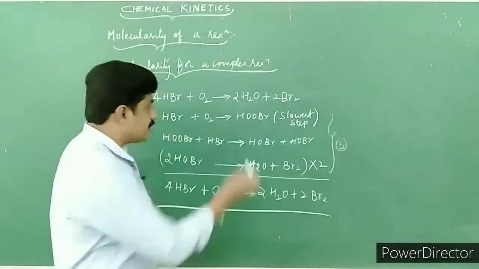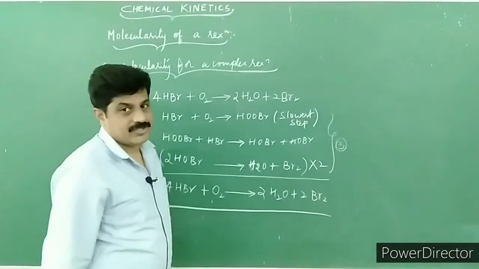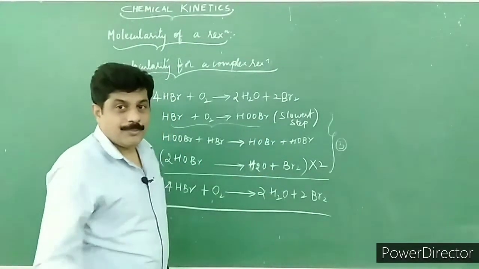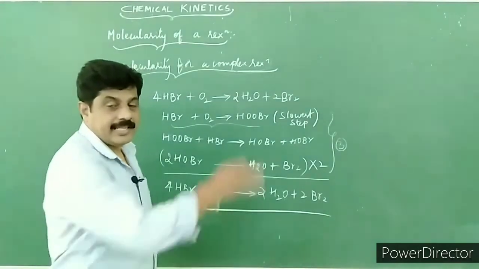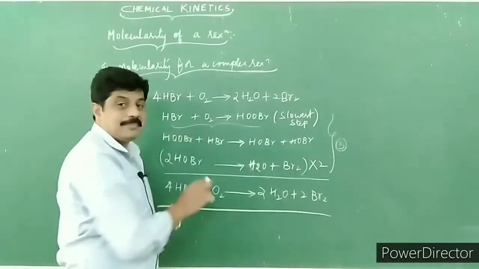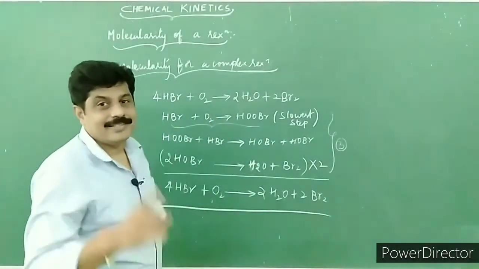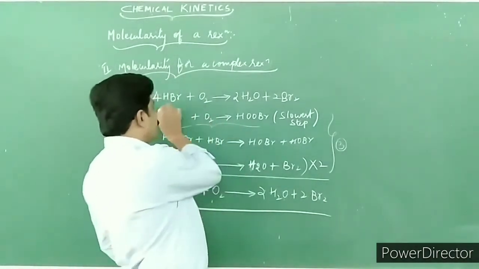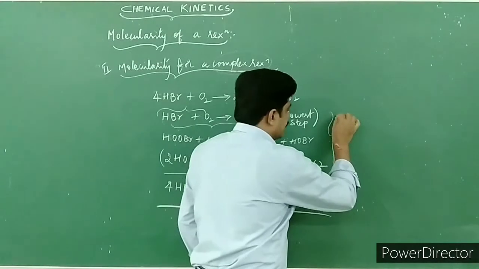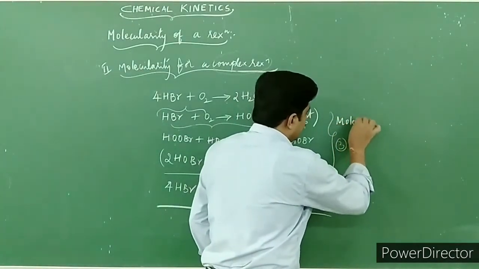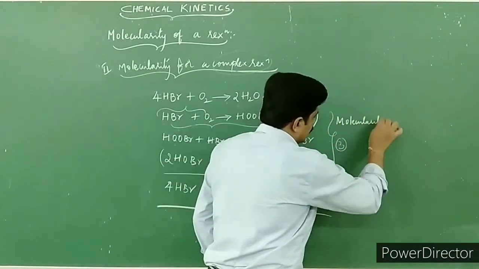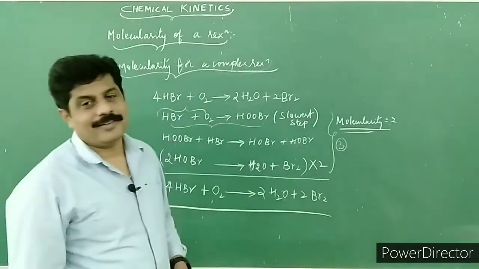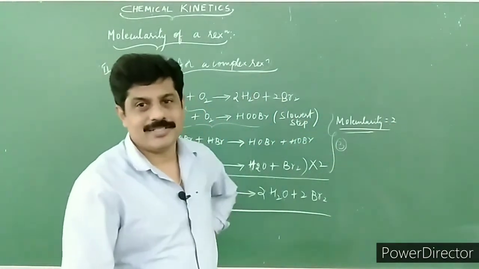steps. Each step is called an elementary step. In that we need to find out the slowest step which determines the rate of the reaction. In that you have to find out how many molecules are involved in the rate determining step. Now children, in that case there are 2 molecules involved. In this case, what do you do? Molecularity is equal to 2, otherwise called bimolecular reaction. Children, hope you understand that.